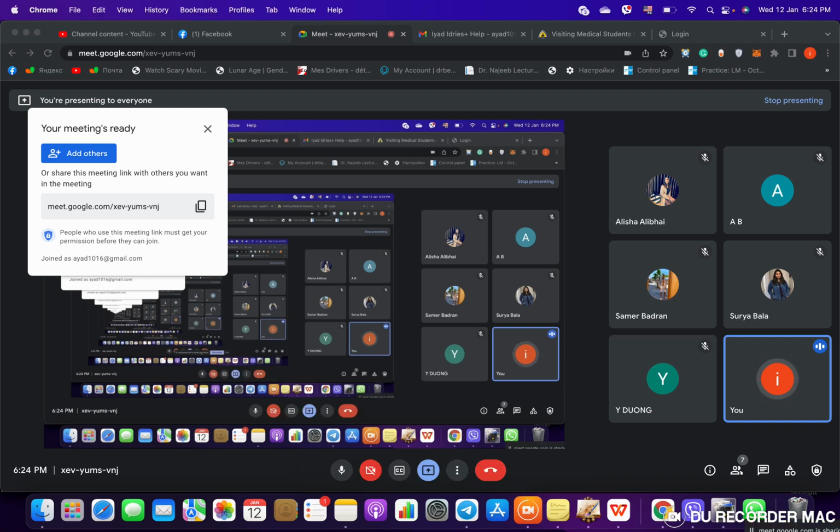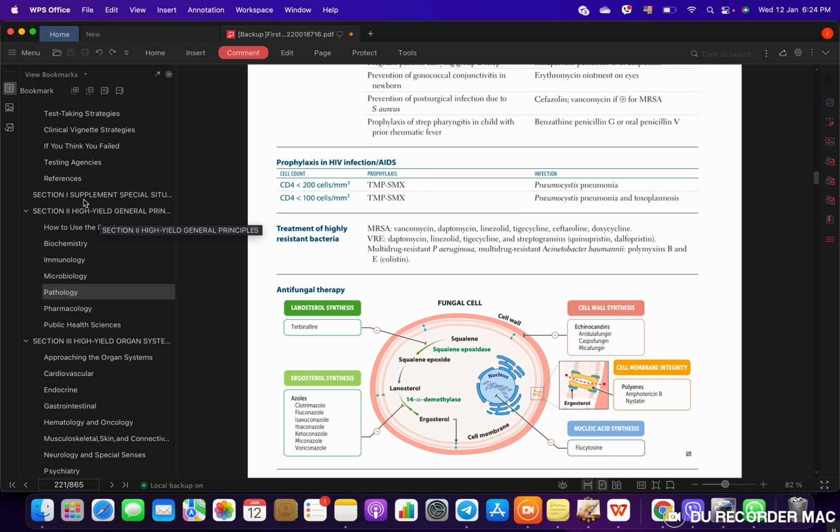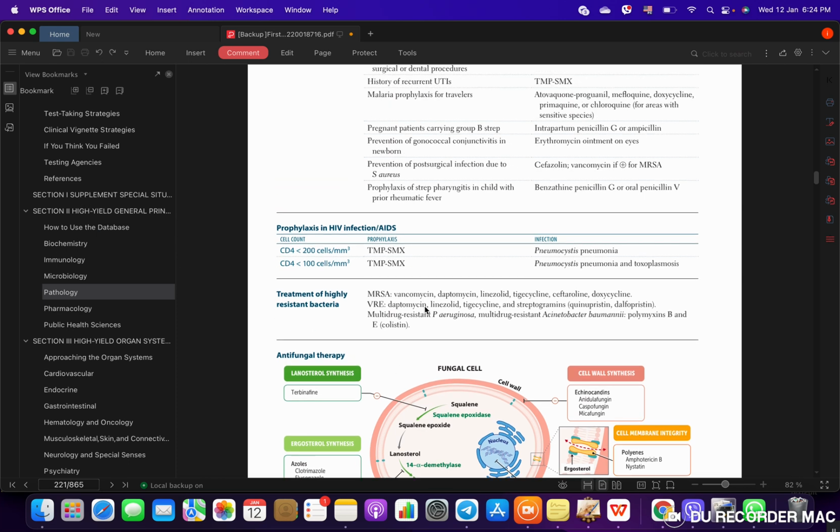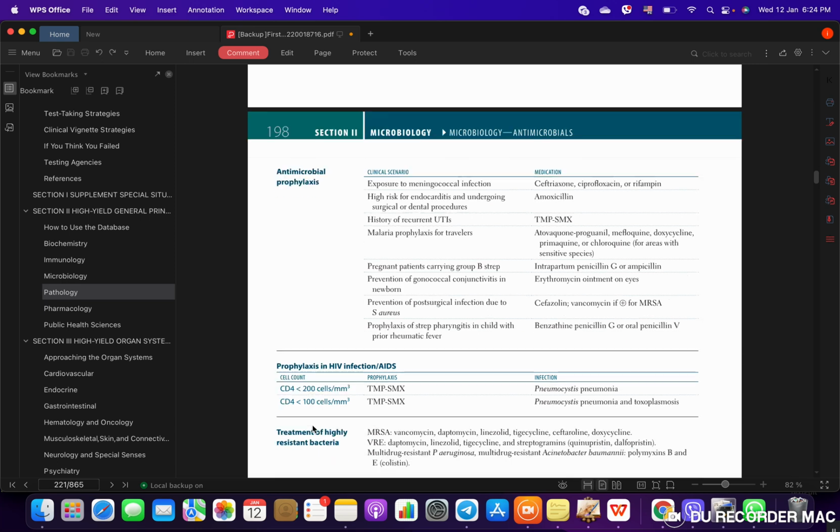Today we are going to finish up the molecular portion in biochemistry, and we are going to continue with the last portion of the antibiotics and start